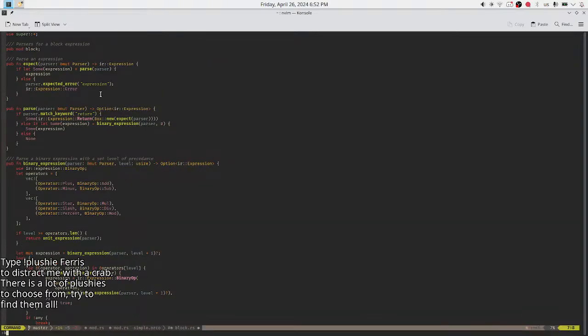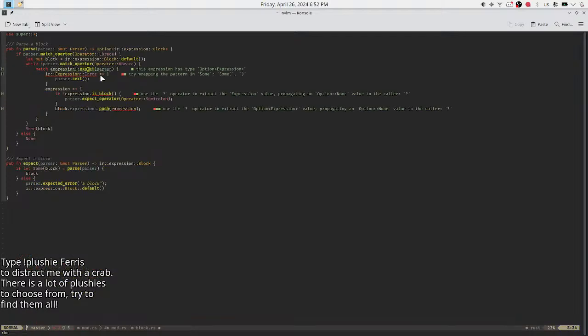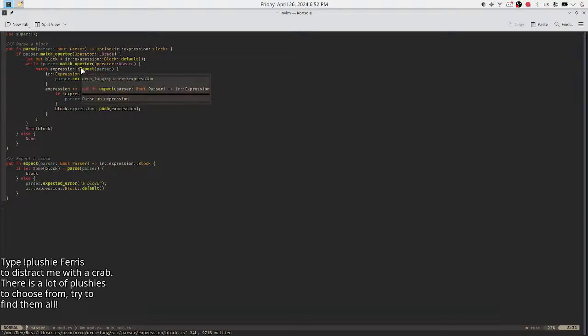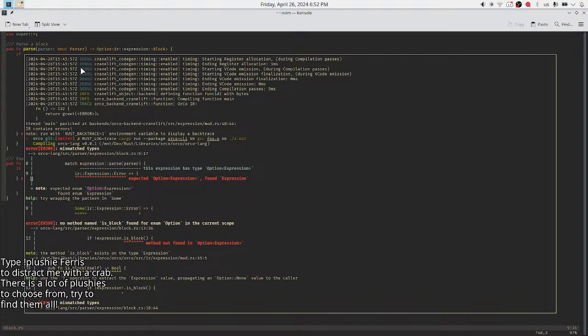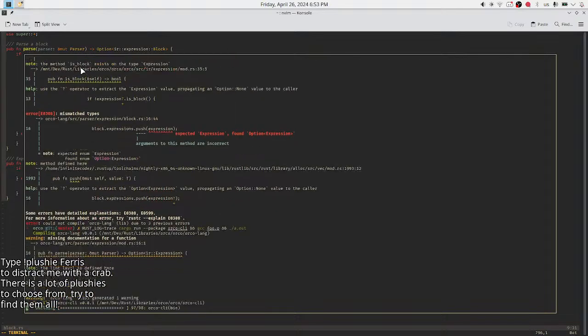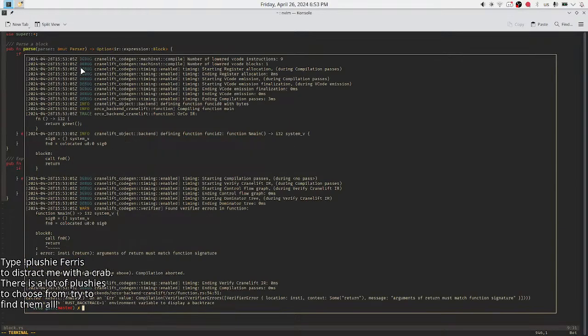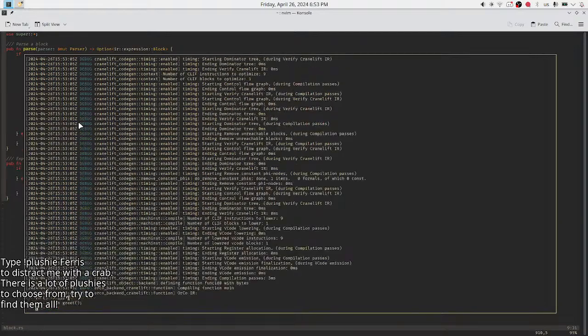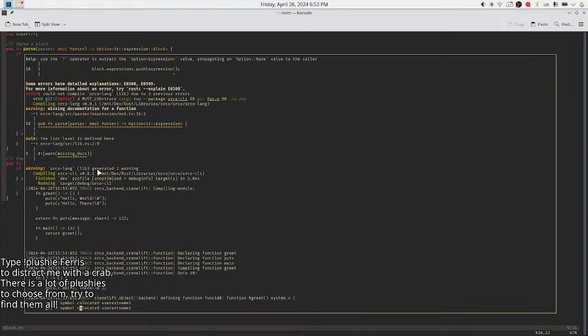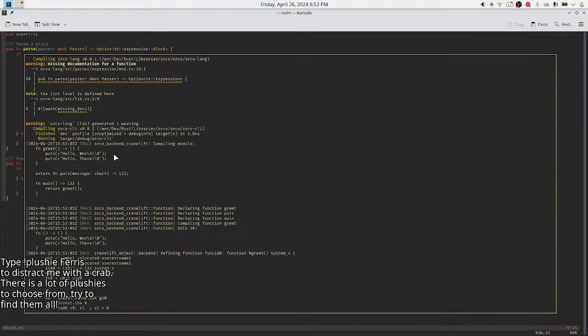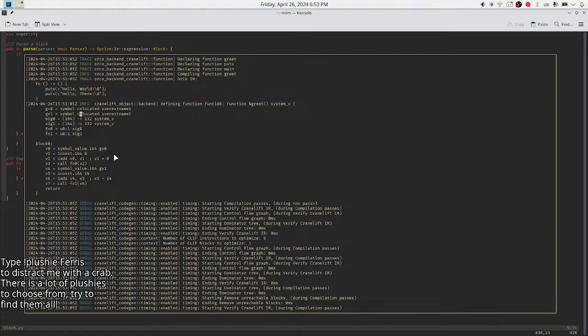Huh, what? This expression has type option? What? No, it's not. Oh wait, I didn't save. That's how NeoVim works. That's how renaming in this stuff works. So I've got no errors for some reason.